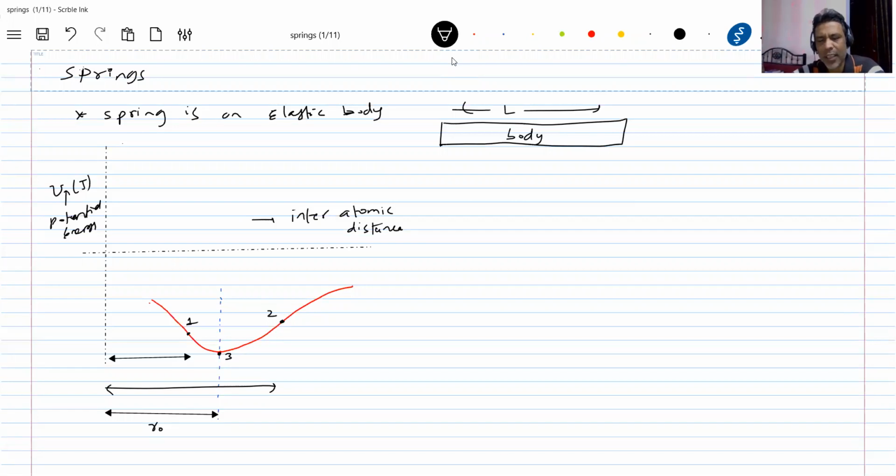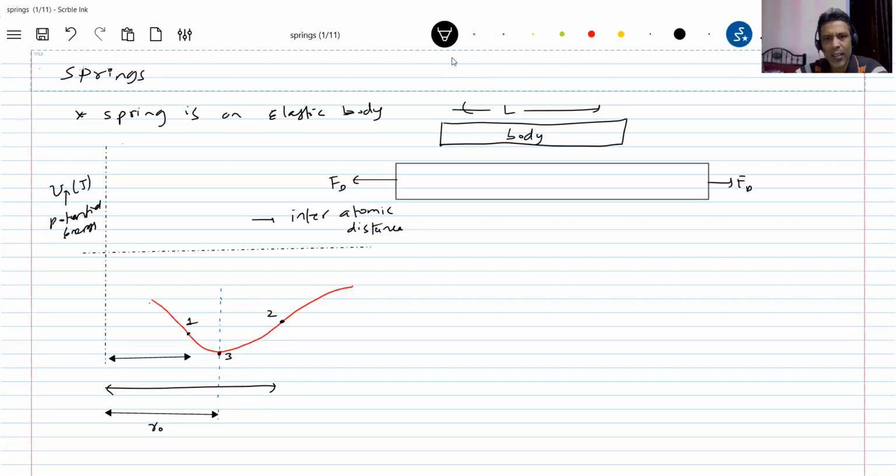This is the initial state. Now if I come and check the distance between atoms, it has become X2, or R2, you write it. What are those bubbles? These bubbles are the atoms. The distance between them has now become R2.